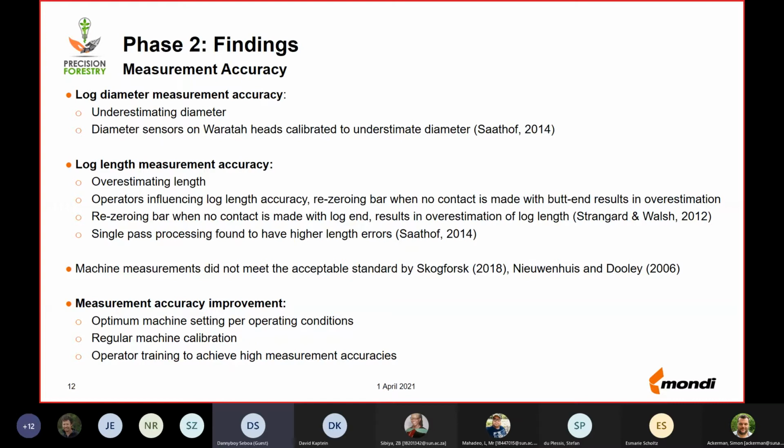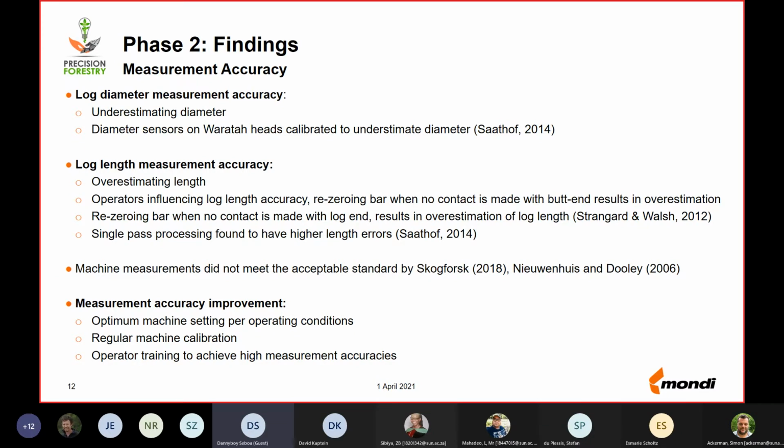This was actually a similar finding by Steingart and Walsh in 2012, whereby they also found that zeroing the guide bar when no contact is made with the log end also results in overestimation of your log length. And in 2014, Sethforth found that single pass processing had higher length errors compared to multiple pass processing. So these are some of the factors that we think could have had an influence on our harvesting head measurement accuracy. Based on the results and the standard that we have used, our machine measurements did not meet